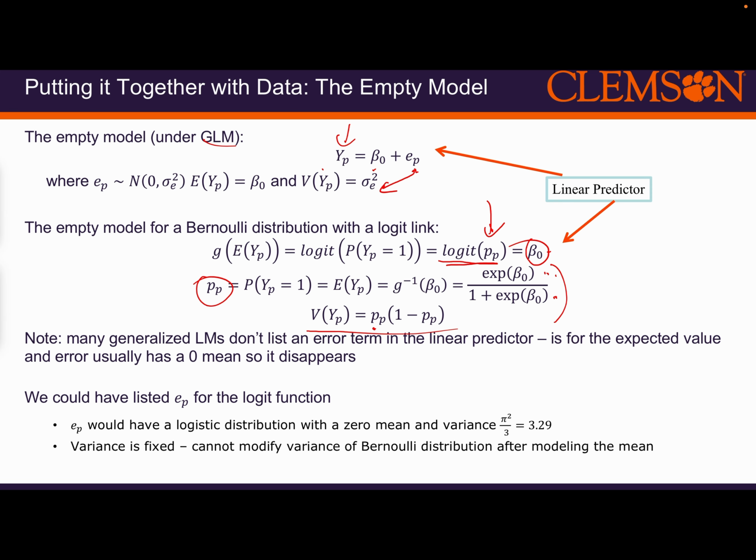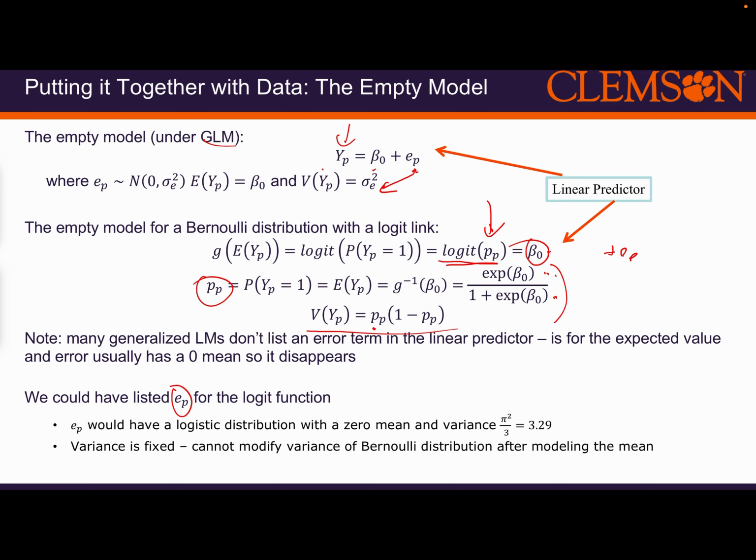Right? Most linear models, generalized linear models, GLMs, don't list this error term in the linear predictor. It's for the expected value, and error typically has mean zero, so it disappears. But sometimes you do see it listed, particularly in multi-level models where we actually have to think of its variance. And it's really funny. If you throw an E on there, yeah, technically there may be an E there, but